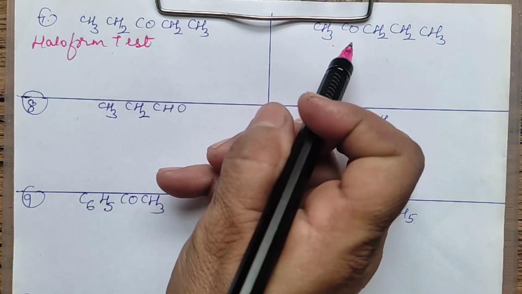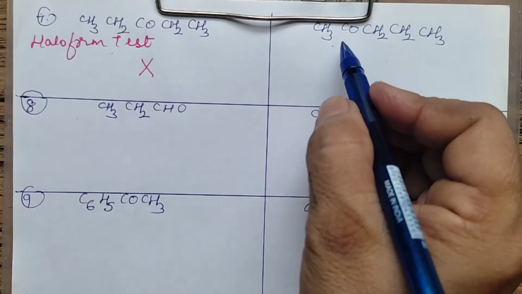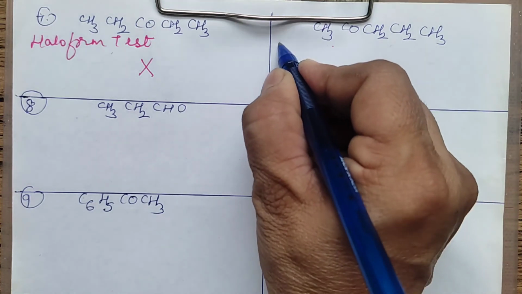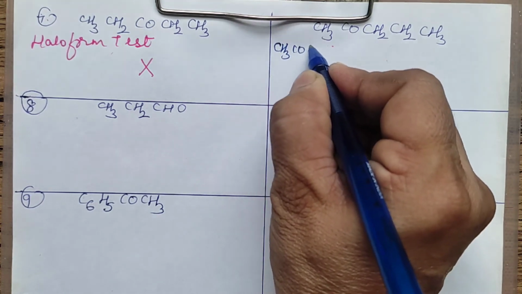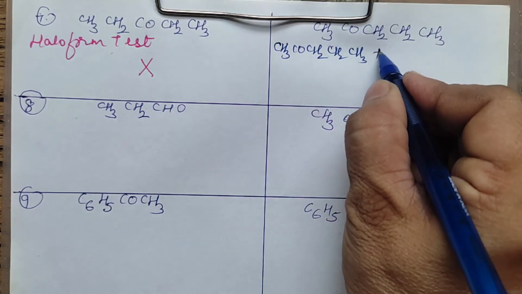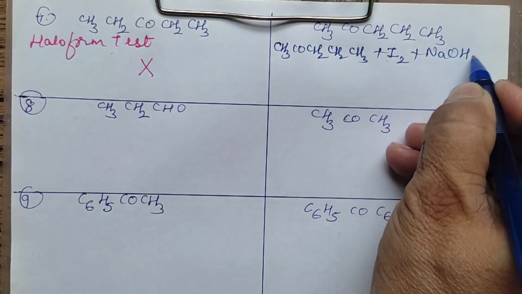It's a methyl ketone, it will give. So you will write: the first one will not give, whereas this is a methyl ketone, it will give. So what you are writing? You will write down this thing,